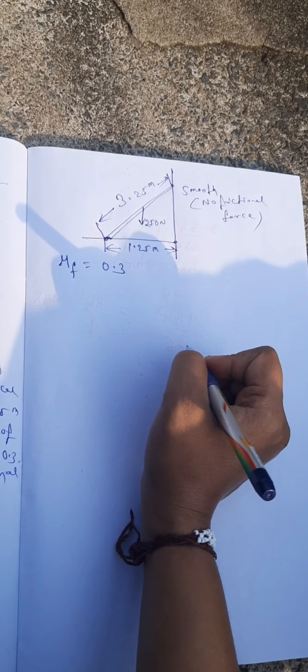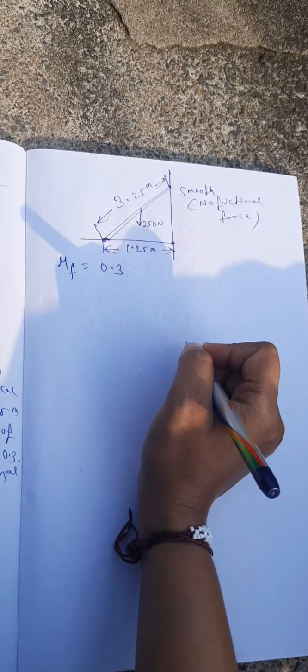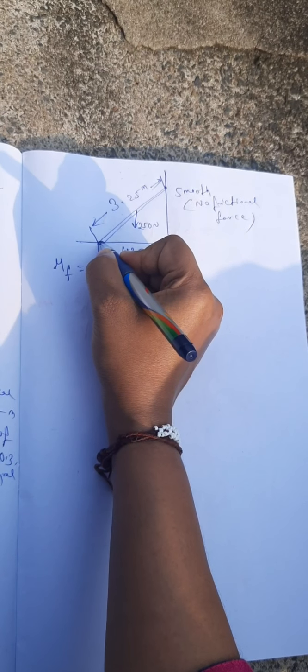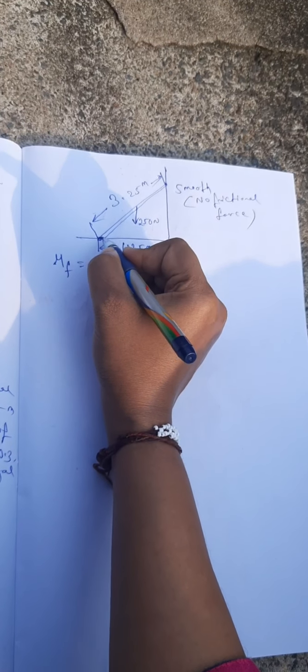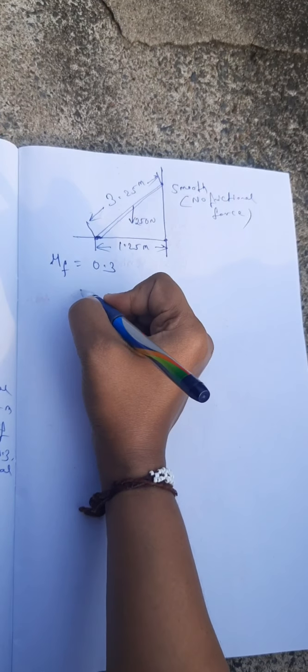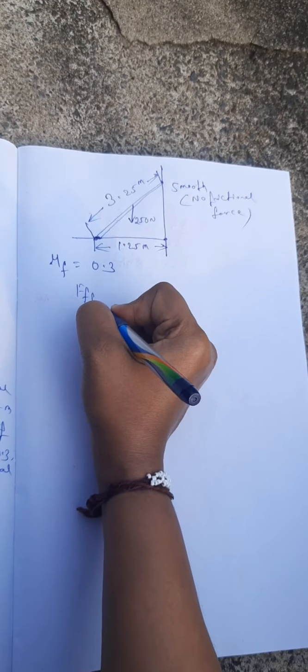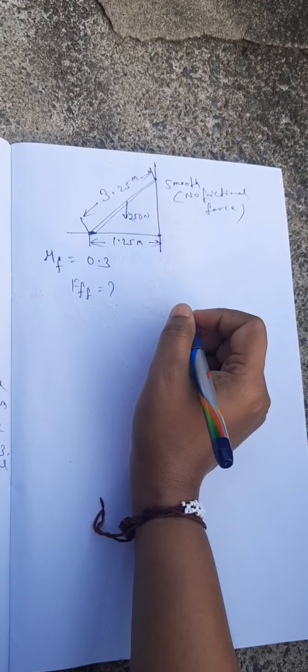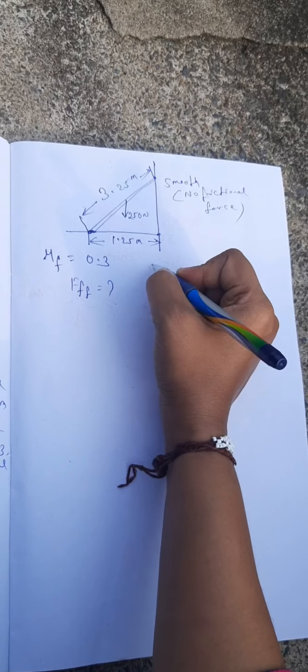So these are given, and it is asking what is the value of frictional force between the ladder and the floor. So it is asking how much the frictional force at floor is, and to show that it will